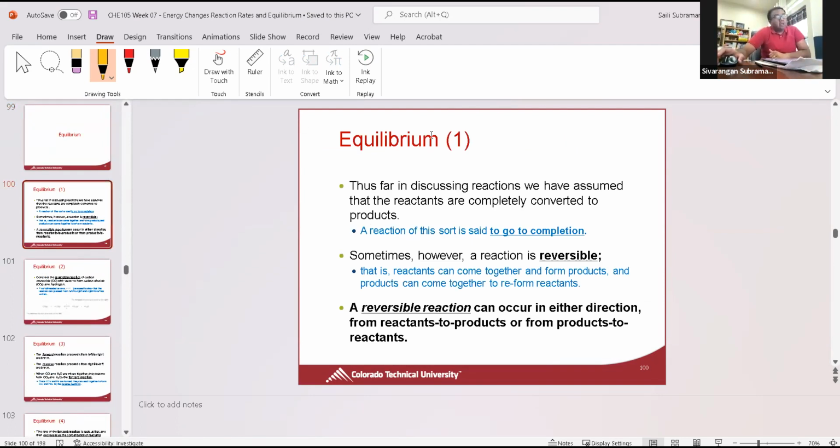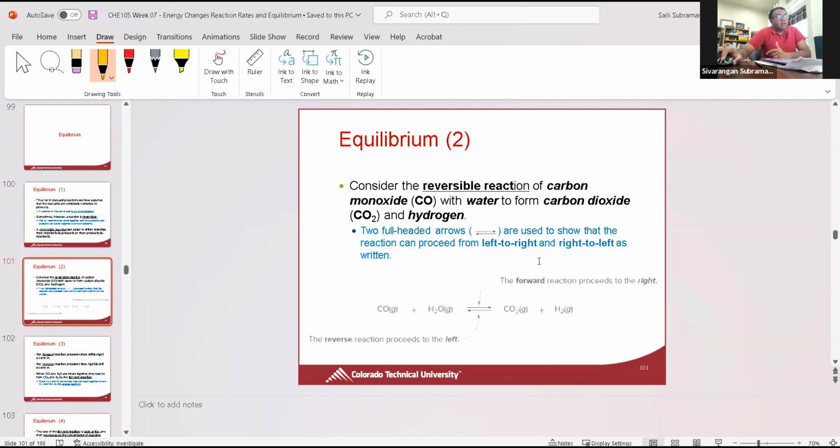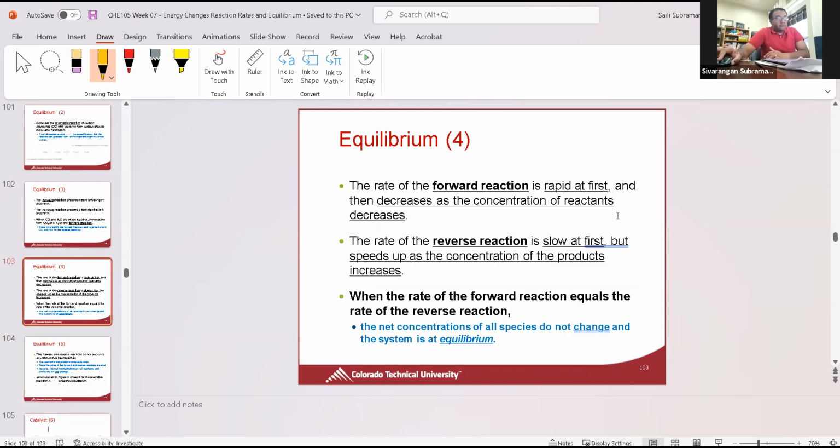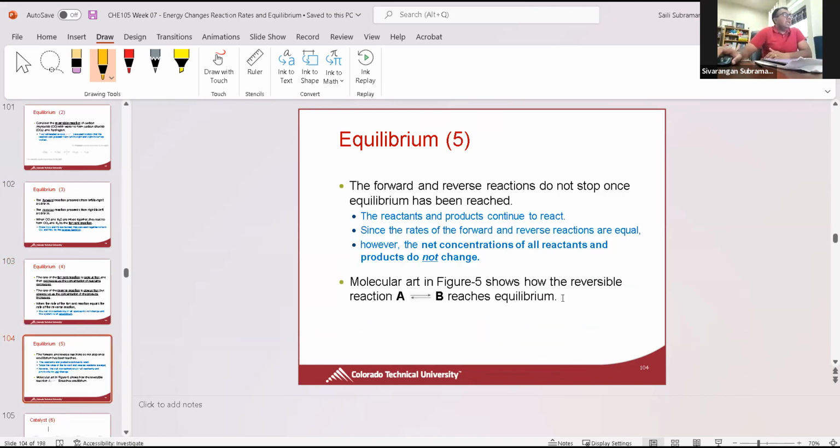We already talked about equilibrium, right? The reaction is basically reversible. And that's why there are two arrows. For example, carbon monoxide reacting with water, the forward reaction goes from left to right, and the reverse reaction, usually indicated at the bottom, goes from right to left. Okay, so we already talked about those things. Forward reaction goes from left to right, reverse reaction goes from right to left. Okay, the equilibrium is basically when